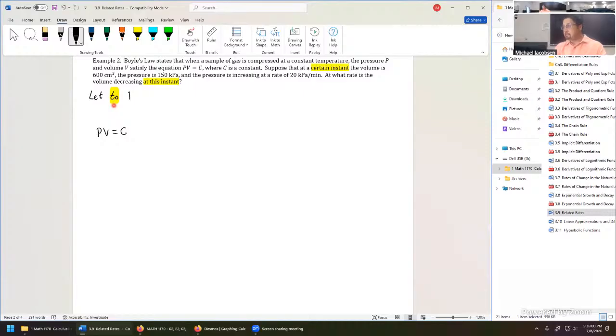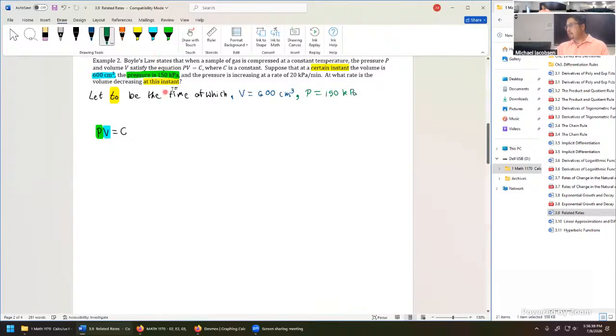Let T naught be the time at which the following happens. Volume is 600 cubic centimeters. So referring to that variable, V equals 600 centimeters cubed. We're told next, the pressure, let's code it this way in green, comes out at 150 kilopascals. So let's write out in our notation, P equals 150